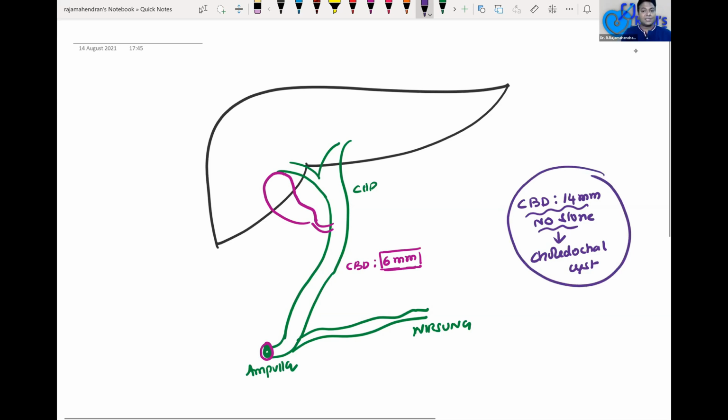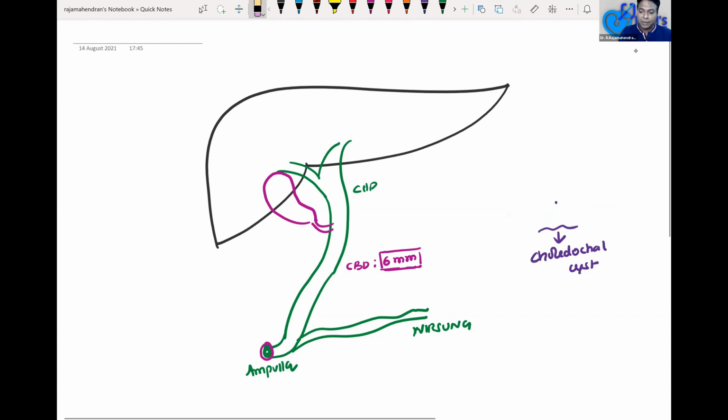So many times as general surgeons, even when I was doing general surgery, I didn't have an idea about this choledochal cyst. And choledochal cyst is one of the important causes of non-obstructive dilatation of bile duct. So you should always have this rare diagnosis in your mind. But anyhow, in practice, the common bile duct diameter is only 6 millimeters. If it is more than 6 millimeter, it should alert you that there is some pathology in the bile duct, and you should never go for a cholecystectomy directly without further evaluation.